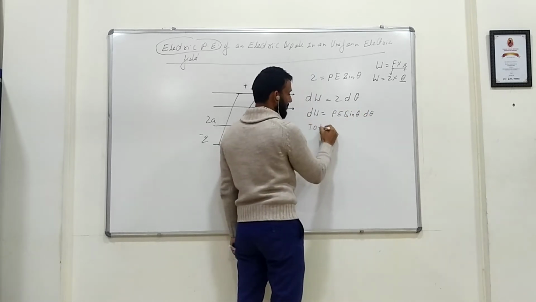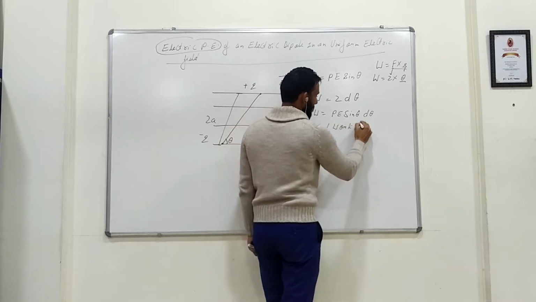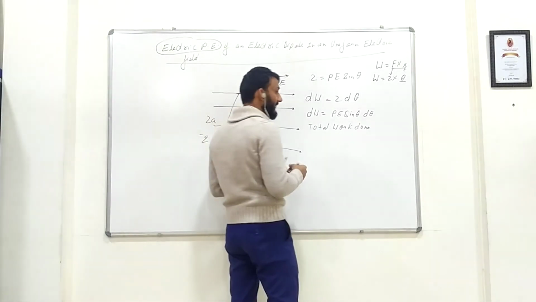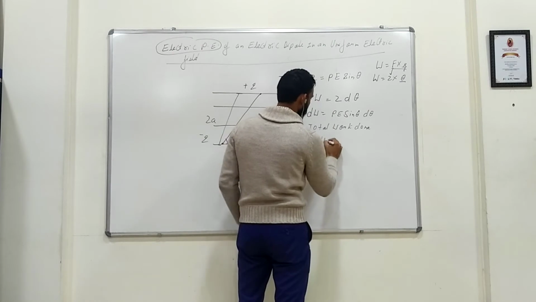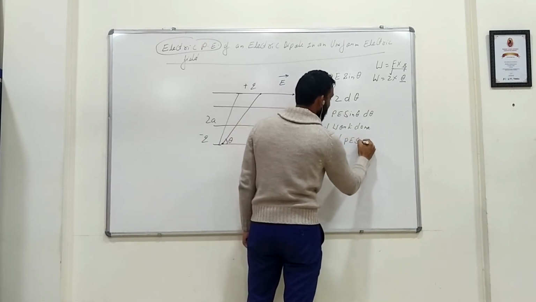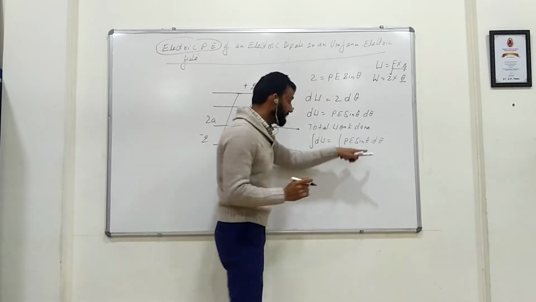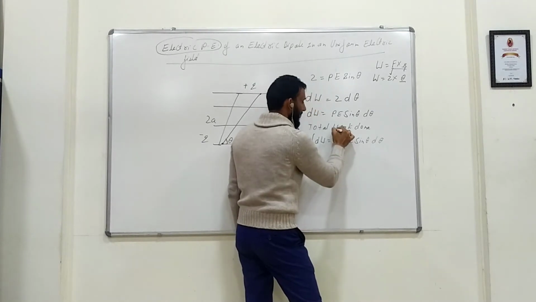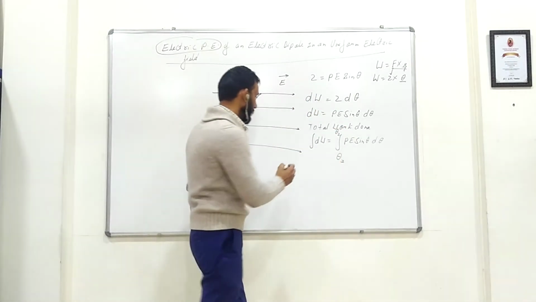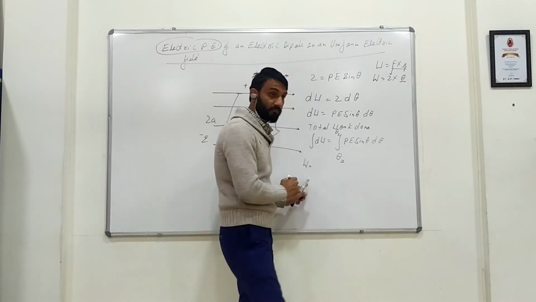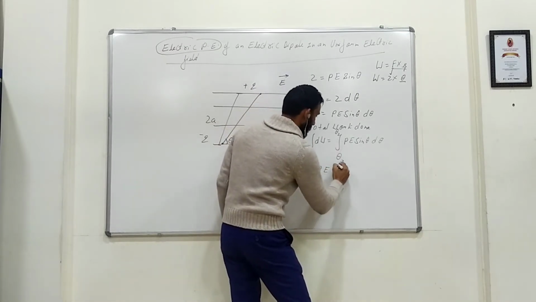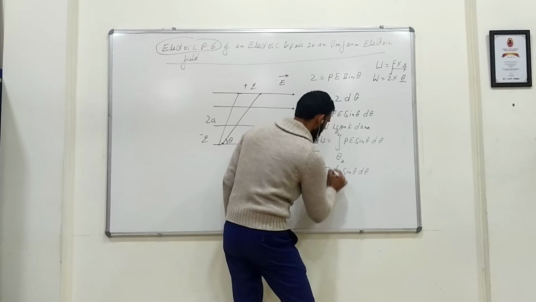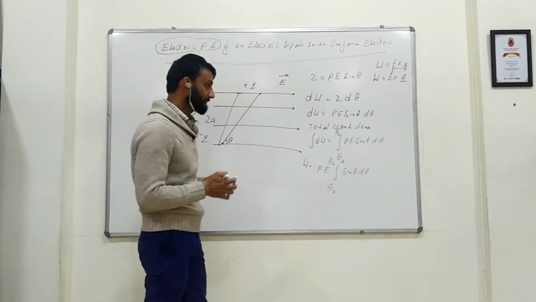Now total work done, we always do these kind of things. So in order to calculate the total work done, what will I do? I will integrate it. So integration of dW, integration of pE sin theta d theta. Now guys, this theta will have different values. So I have started my rotation from theta 1 and I am taking it up to theta 2. So W, pE will come out, then it will be integration of sin theta d theta, theta 1 to theta 2.